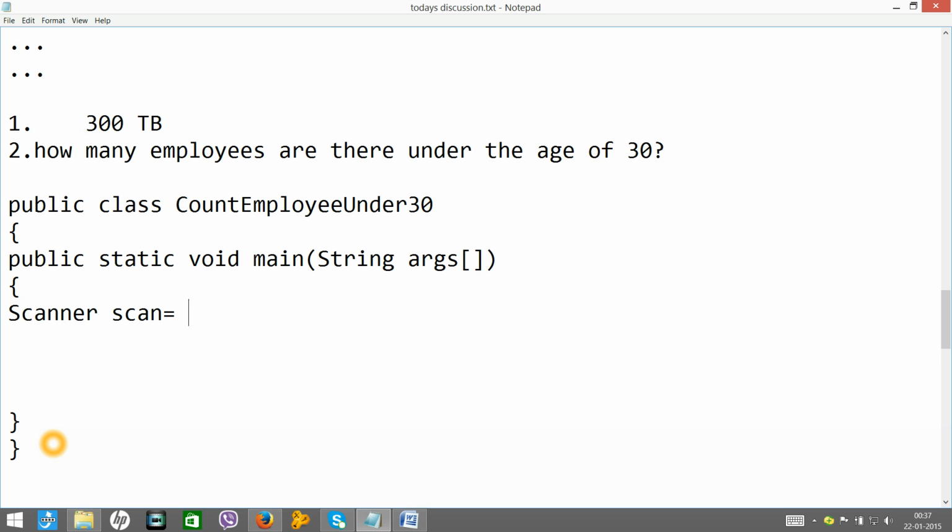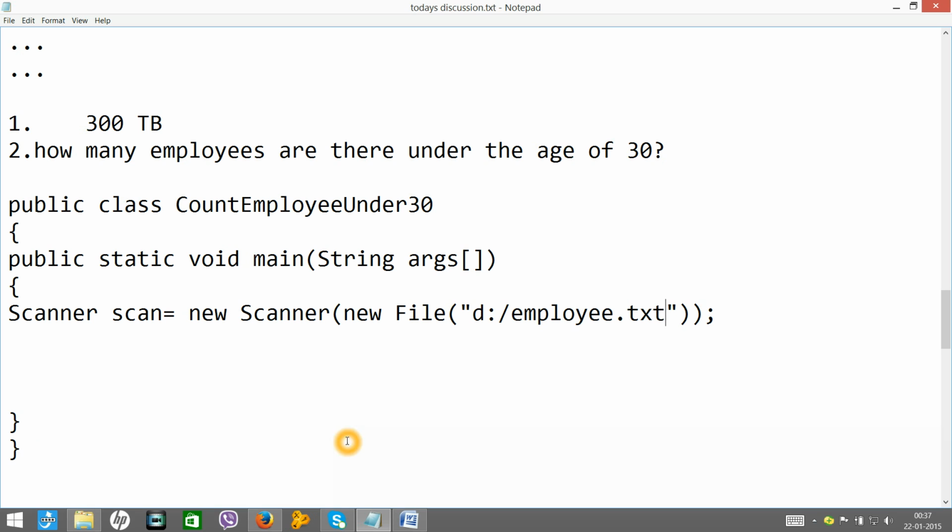Scanner scan is equal to new Scanner of, not system, new File of the file name. Let's say the file is present in this location, D drive / employee.txt. I'm just giving you an example, don't take it so seriously. D:employee.txt. Okay, we pointed to a file. Now the next step would be to read the file line by line. So while scan.hasNext,